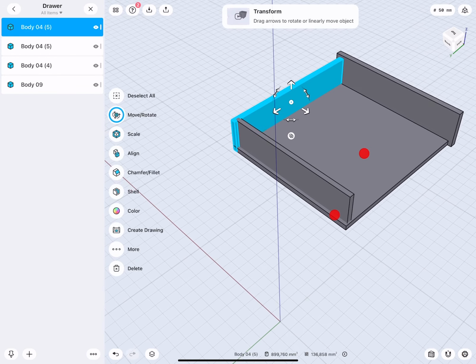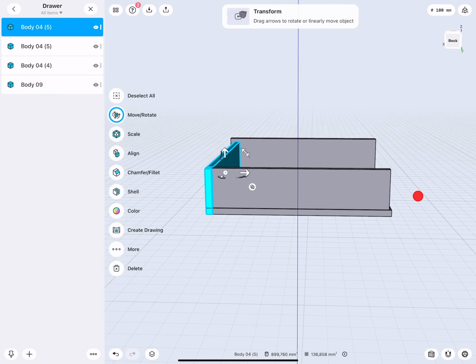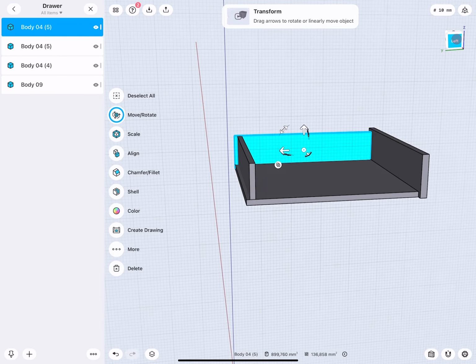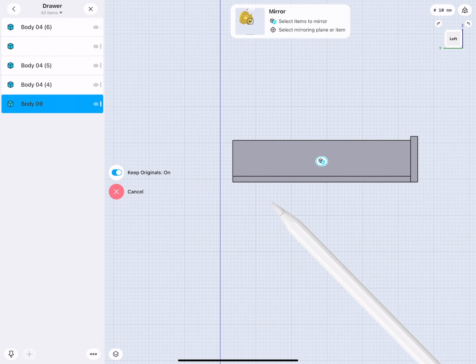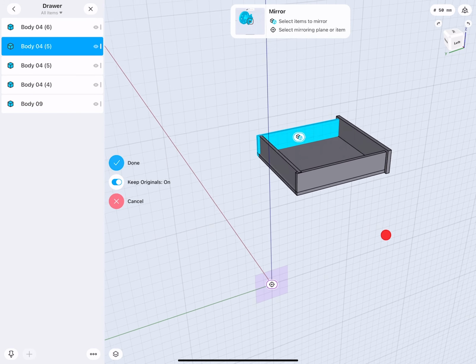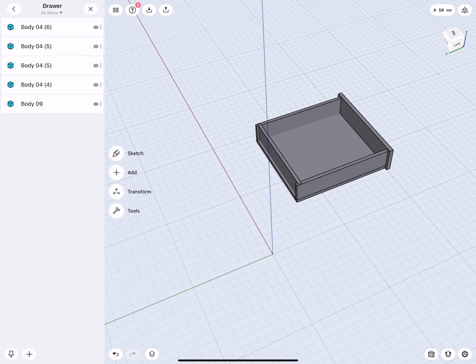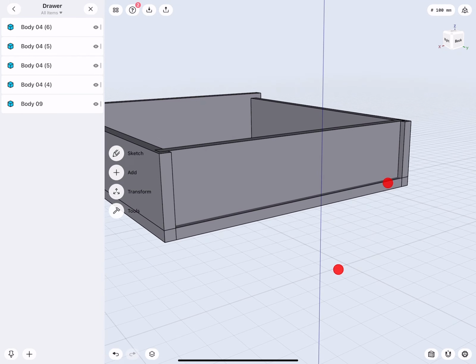So this one, now I would like to mirror over. Because I started designing everything symmetrically, I just go now to this view from the side, mirror, and with the pencil, tap on the grid. See, on there is the mirror plane. Done. And there we are. Very good.